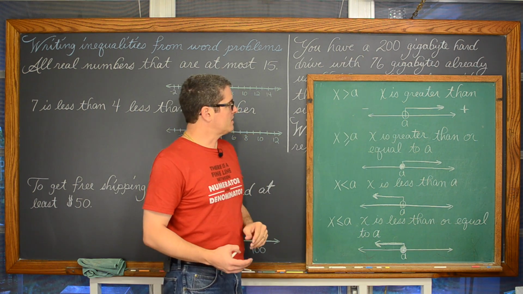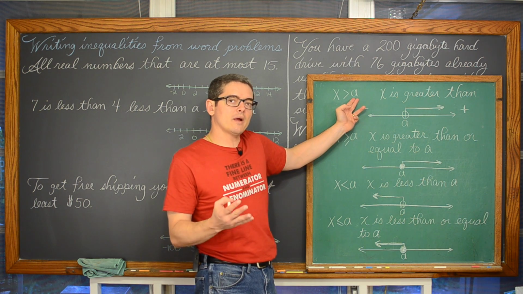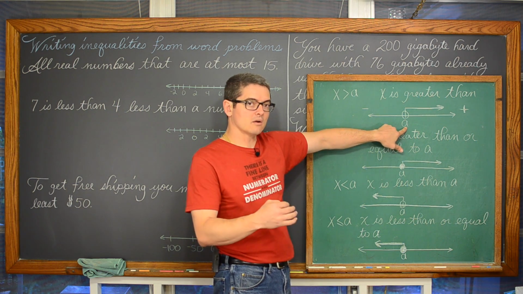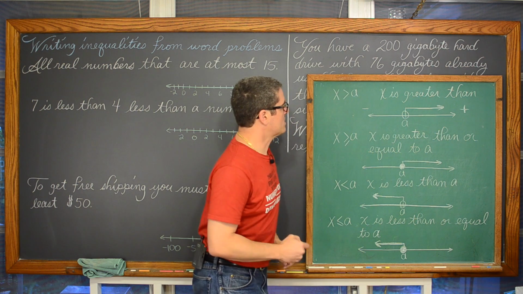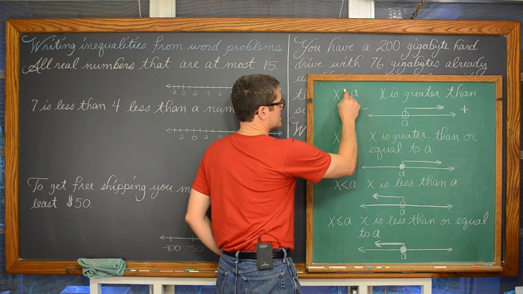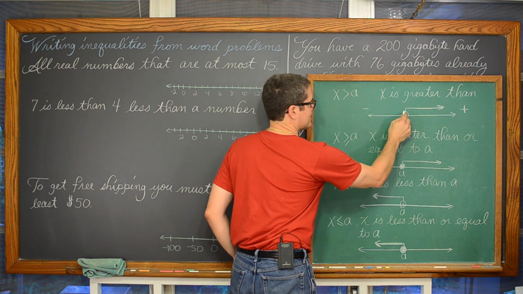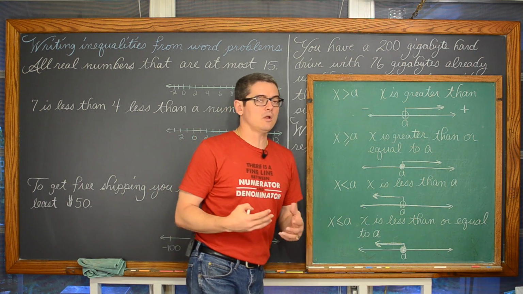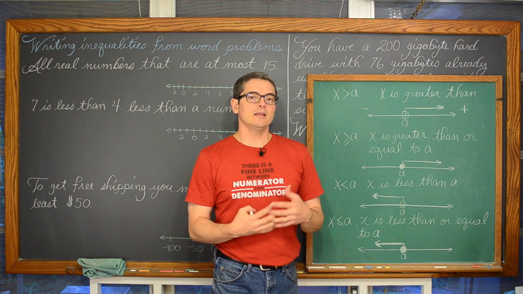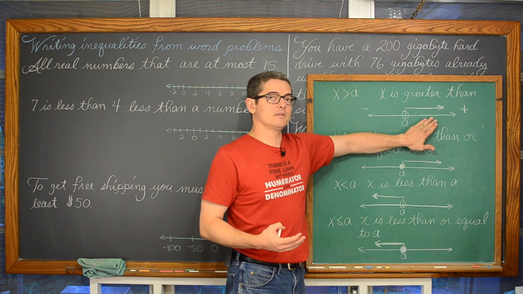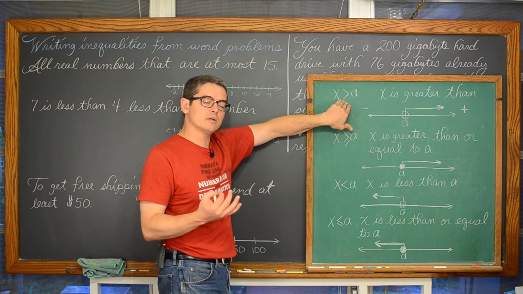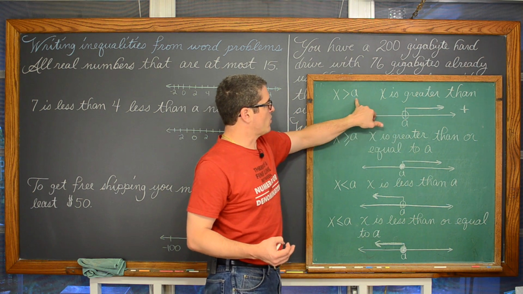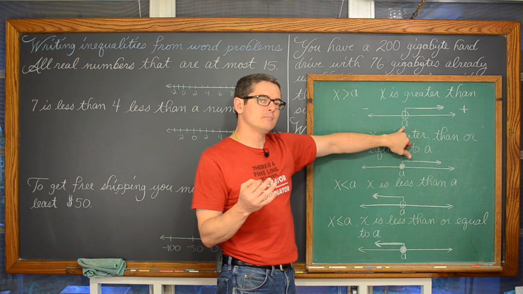When you graph these on a number line, you're going to identify where A is on the number line. This is just in general terms, it's not a real number that we can concretely put down, but in this example, X is greater than A, that is not part of the solution set. And when you graph or shade a number line off of an inequality statement, what you're trying to shade is the answers, the part of that number line that when you plug those numbers into the inequality, you get a true statement. So that means that if X has to be greater than A, that actual value of A is not part of the answer.